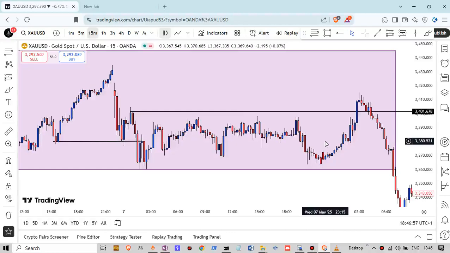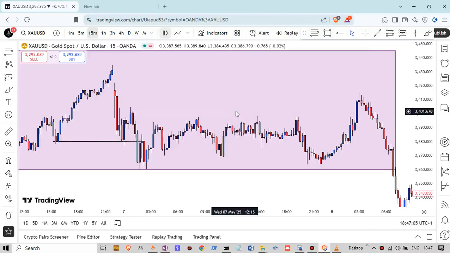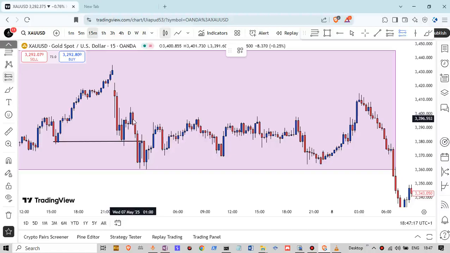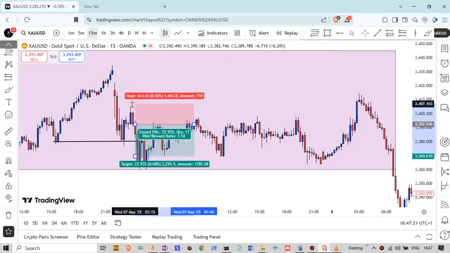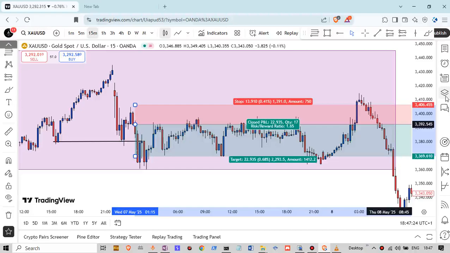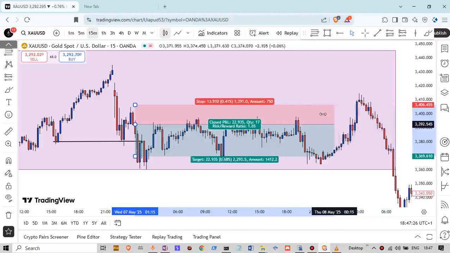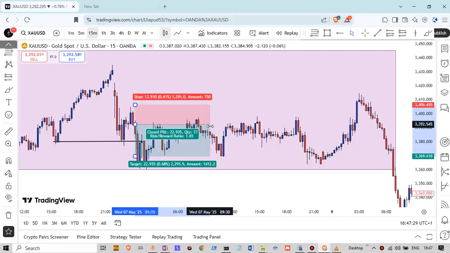So maybe if you want to enter your trade, I think you want to try that. Let's say you entered somewhere here and you put your stop loss here. You can see that you'd have been knocked out. Can you see? You'd have been knocked out. That's why I want to confirm my trades properly. Do you understand?